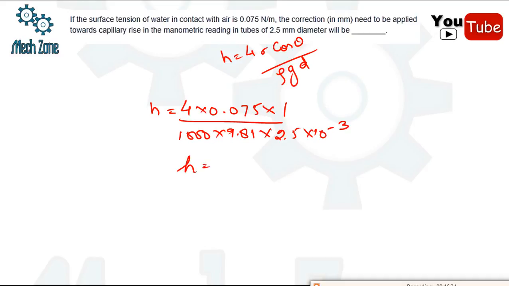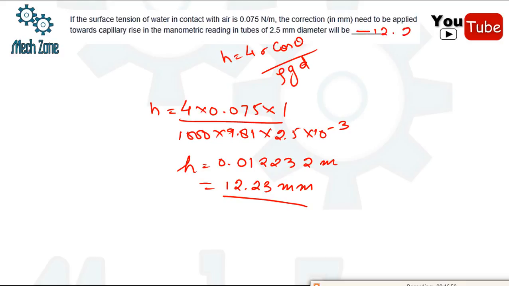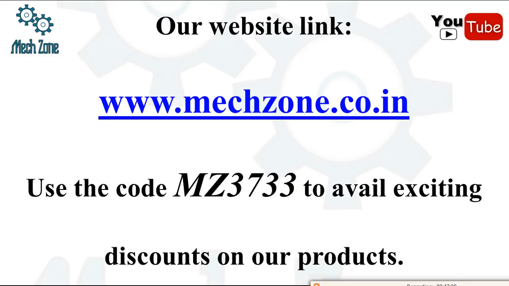From here h is equal to 0.0122232 meter, or 12.23 millimeter. So the rise in the manometric reading is actually 12.23 mm. So the correction that would be required is minus 12.23 mm. With this we come to the end of this particular lecture, in which we have solved 20 very good problems on fluid mechanics,